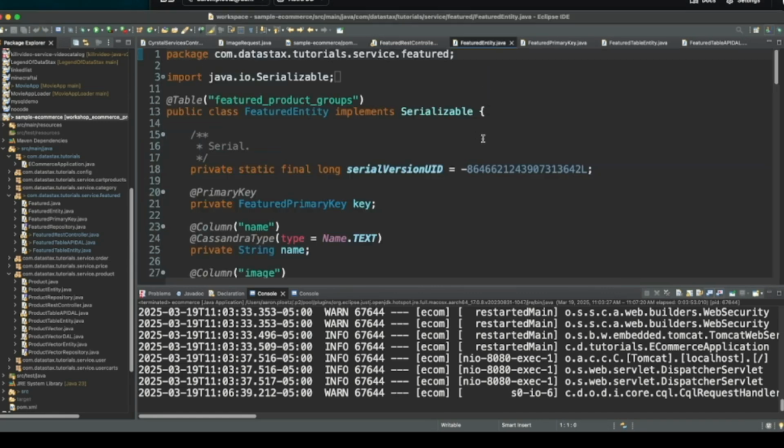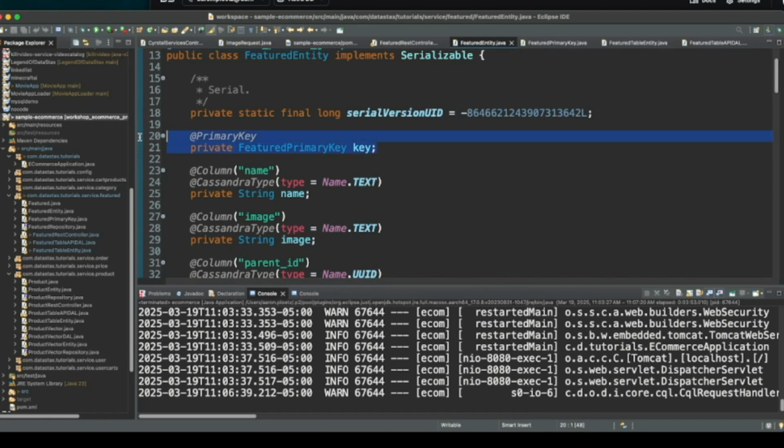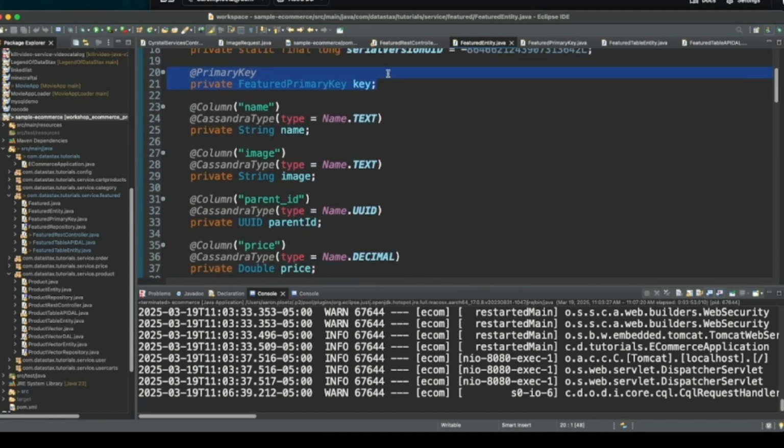But if we have a look at the regular featured entity class like this, you can see kind of what I'm talking about with the table annotation here. Then we can specify a primary key. This is actually a composite primary key on the featured product group table.